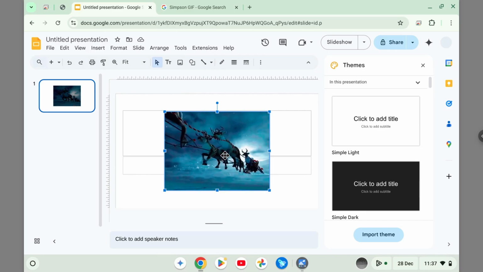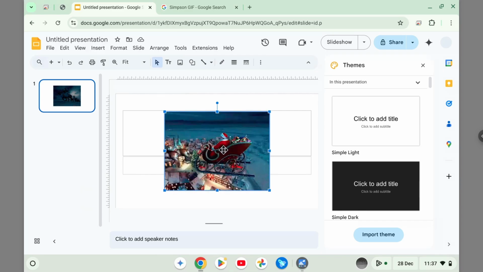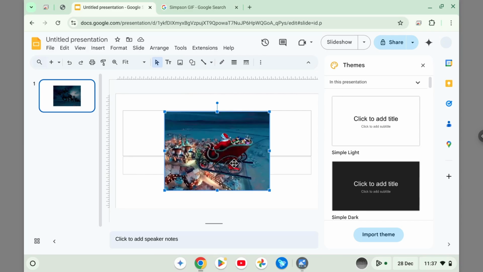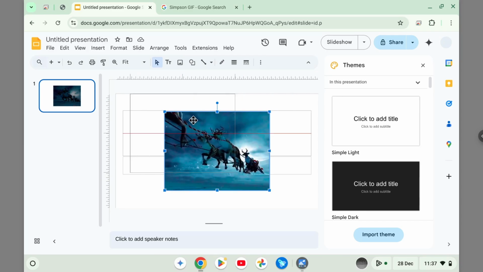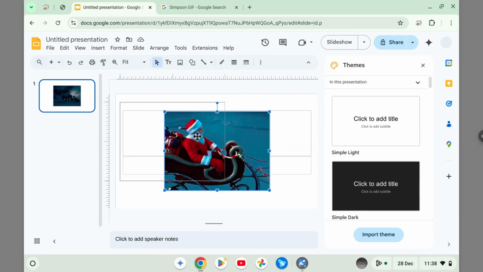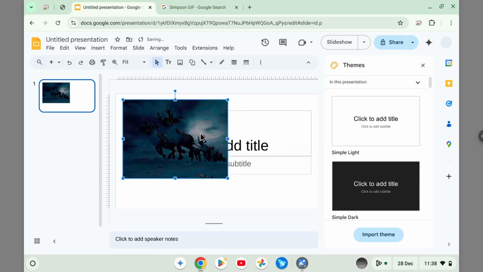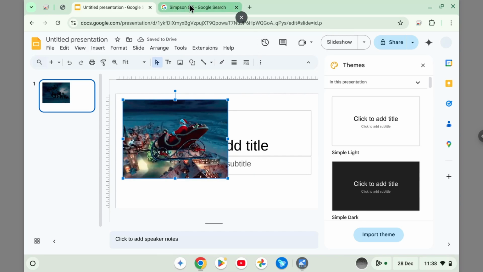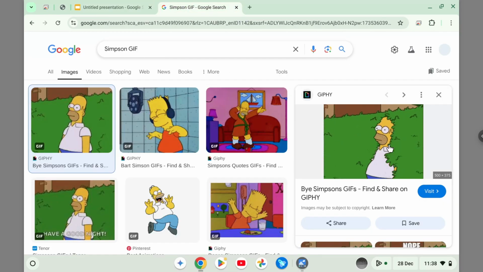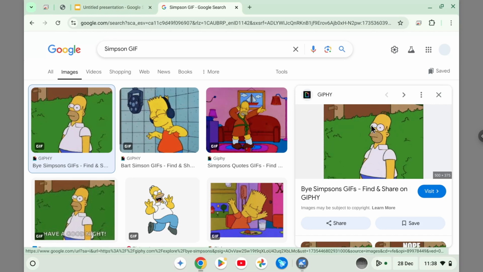The second option is really just downloading a picture from the internet, because a GIF after all is just a simple animation. So I'm going to use the second method to get a GIF animation from the internet. I'm going to be copying this animation, which is very popular. It's just right click and then